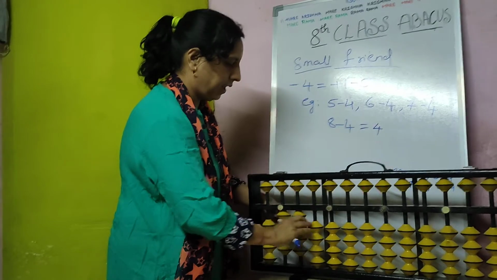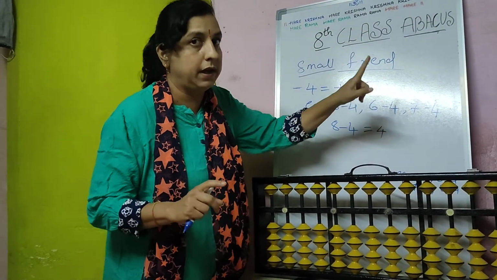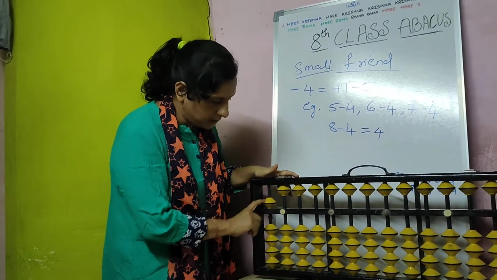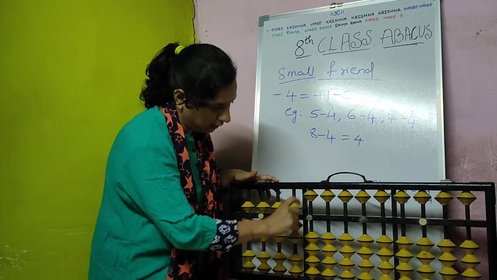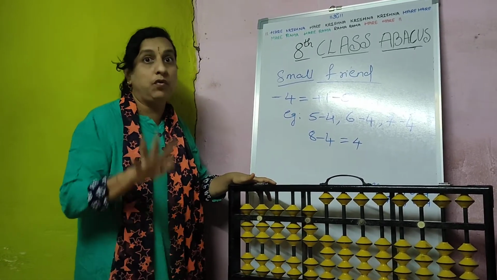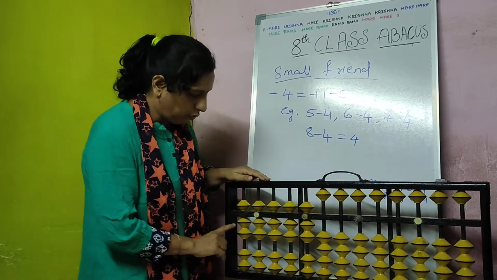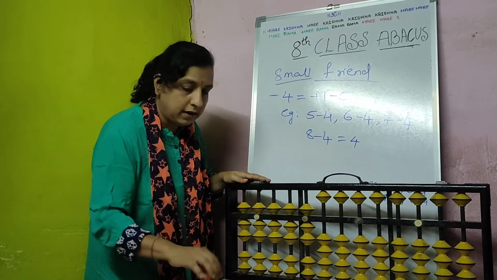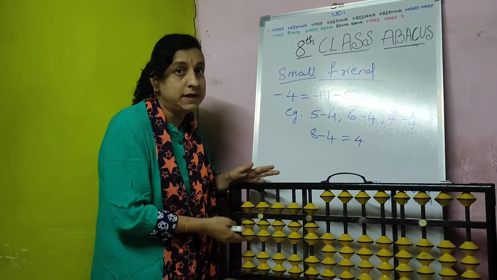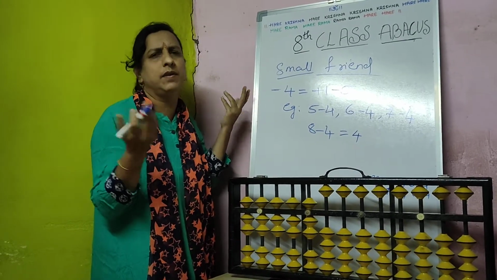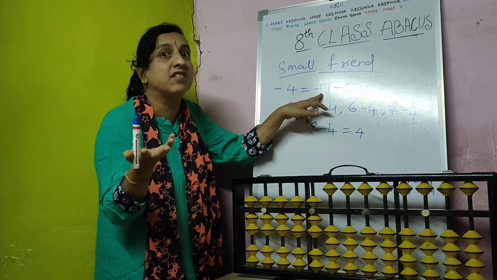Like this, again, if I take this example, 7 minus 4. If there are 7 laddus and I want to eat 4 laddus, then I have to minus 4, isn't it? So can I minus 4 directly here? No. Why? Because bits are less. Again, don't worry. Bits are less, so who is 4's friend? Minus 4's friend is plus 1.